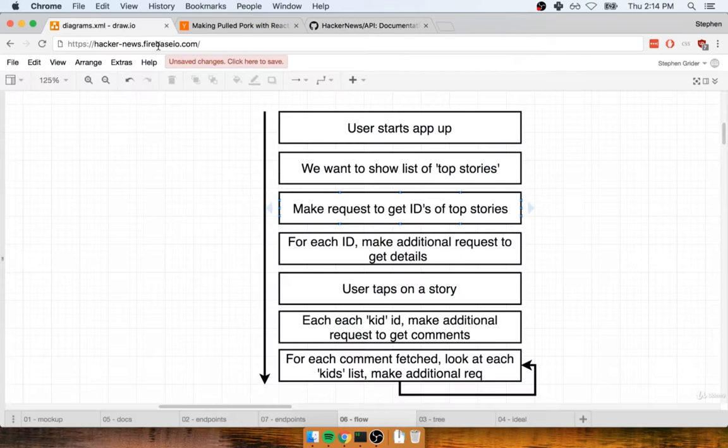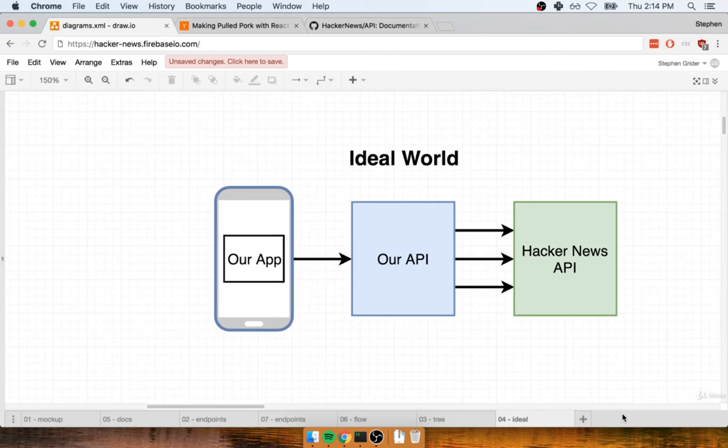Now, one thing I want to make clear here: you and I are going to make all the requests directly from the mobile device because it's going to be a very good learning experience in how we can minimize the number of requests that we have to make to that outside API. So we're going to take this approach specifically so you can learn how to manage a ton of requests. But if you and I were building a real version of this application, not a learning project, we would probably end up with an architecture that